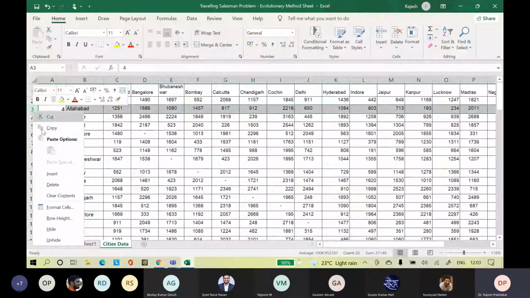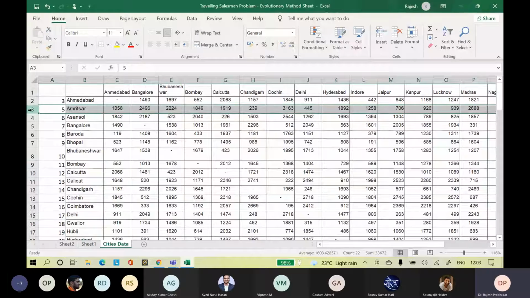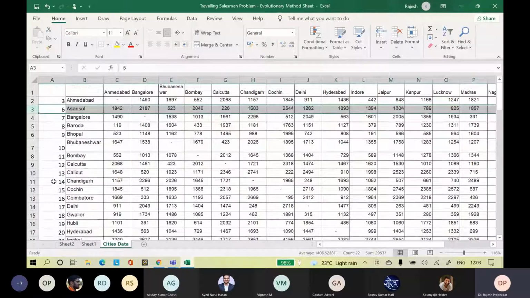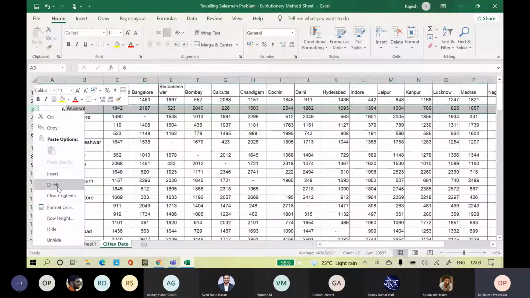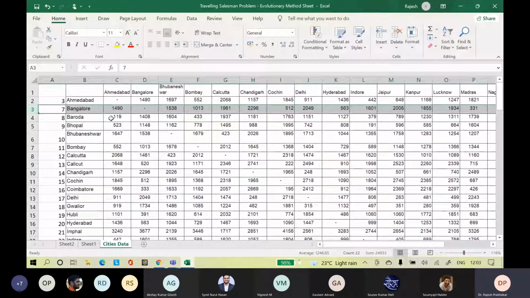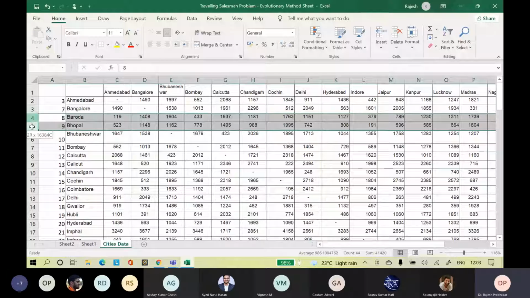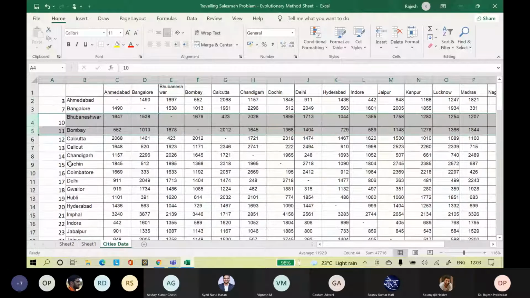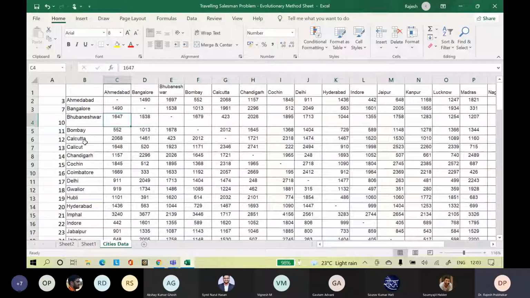Then we don't have Allahabad. Delete. We don't have Amritsar. Delete. We don't have Asansol. Delete. Then we have Bangalore to Bangalore. Then we don't have data Bhopal, Baroda. Bhubaneswar is there, right? So Baroda and Bhopal we will delete. And then we have Bhubaneswar, Bombay, Calcutta.